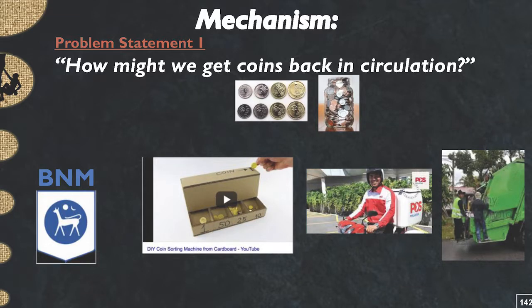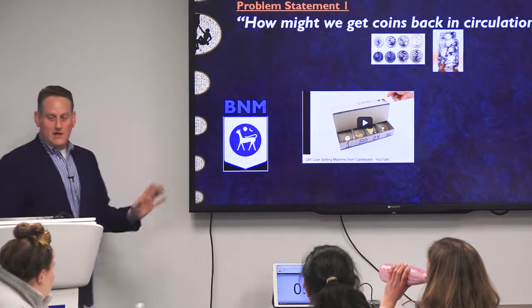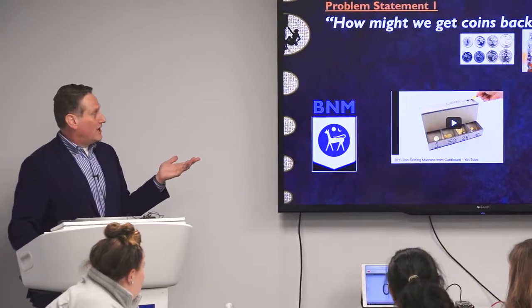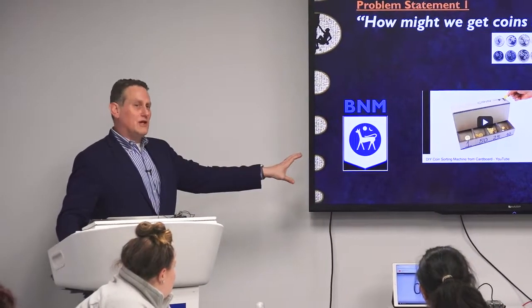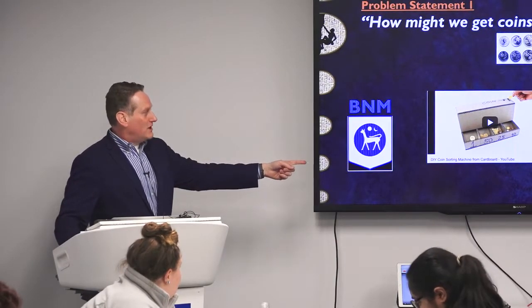So the physical mechanism was this. I don't know if anyone saw it. It kind of went around YouTube about a year ago. It's pretty cool. You can make your own coin sorting machine at home. It plays in fast forward, but basically it's cardboard and a little motor, and it shakes and money gets sorted out. So one of them had seen that, and they suggested, okay, what we could do is we could get a social enterprise. We'll pay social enterprises to build these cheap coin machines, and we'll put them on the back